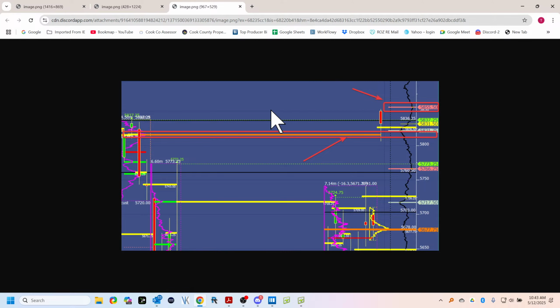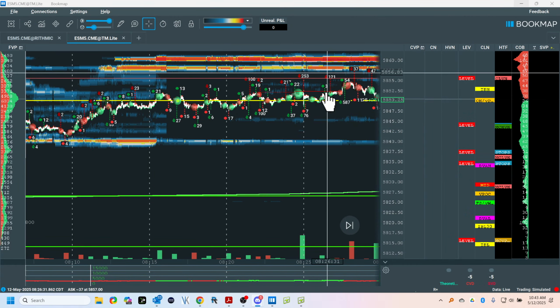Look at where we go. This is 15. I cut it off, unfortunately, but 58.15. So what do we anticipate? Now, this is all Trader Lab methodology. Now, Trader Lab, this is an advanced process, but anybody can learn it.